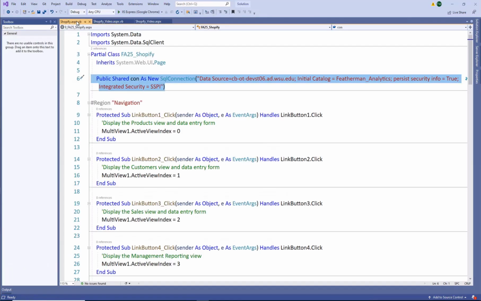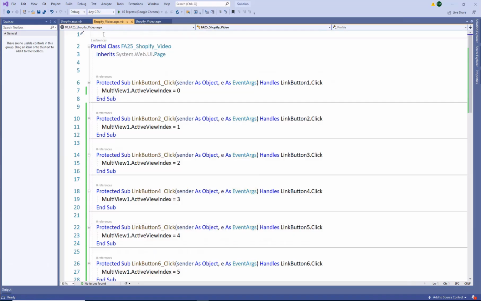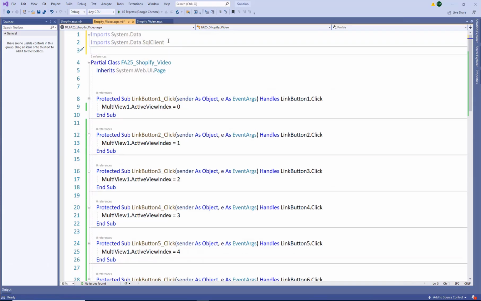So, first thing we're going to do is imports, System.Data. We have to gain access to some ADO.NET objects, and a few of them are generic data, and a few of them are SQL based, so we're connecting to SQL. And